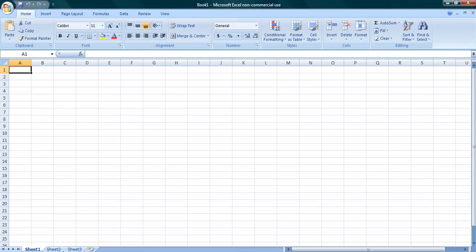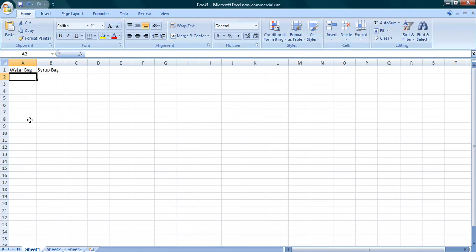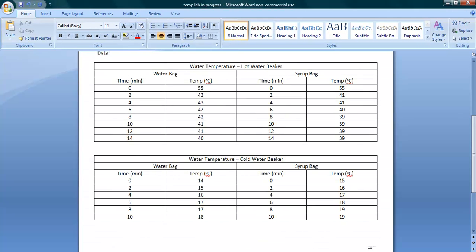So what we're going to do first is in the first little box here in Microsoft Excel, I'm going to type the water bag and the syrup bag. Now you'll notice that the word water bag doesn't quite fit in the square, so I'm just going to pull it over a little bit, make a little bit more room to make it look pretty. Okay? So now I'm going to go back to my Microsoft Word document that's already in progress,